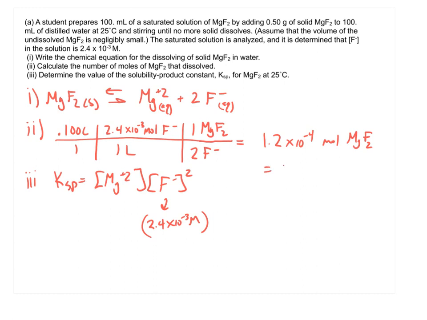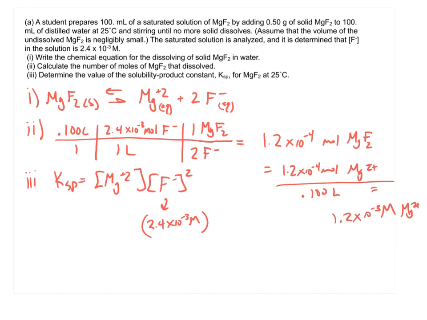So that means that I have 1.2 times 10 to the negative fourth moles of Mg2 plus ions as well. But remember, we're looking at concentration, not number of moles. So in the solution of 100 milliliters, or 0.1 liters, I have 1.2 times 10 to the negative third molar